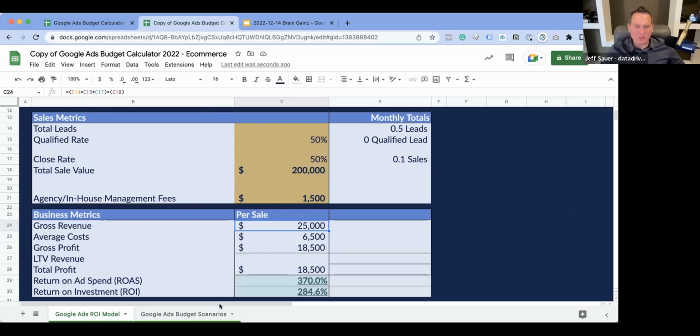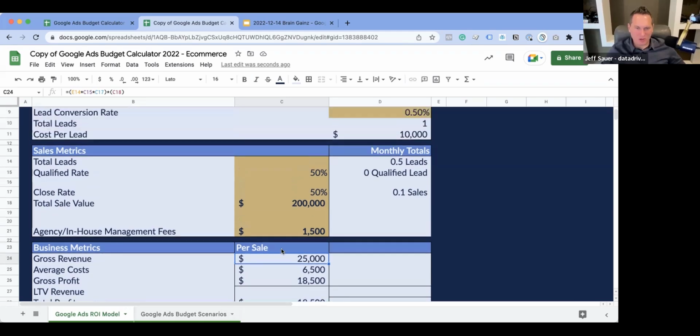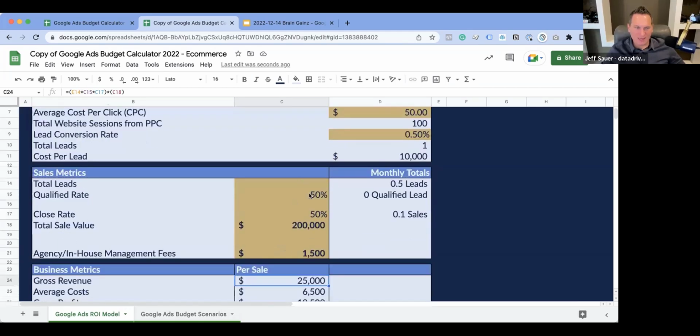Yeah, that's what I found: the more you mess with it, the fewer you have here. The bigger the sale value, the easier it is to convince somebody that it just takes one. Now the problem on the flip side is that 0.1 sales means it could be that in month number 10 the sale actually comes through, and nobody wants to have patience to wait till month number 10. They're going to be like, what did you do for me lately? And so that's where I see an issue.